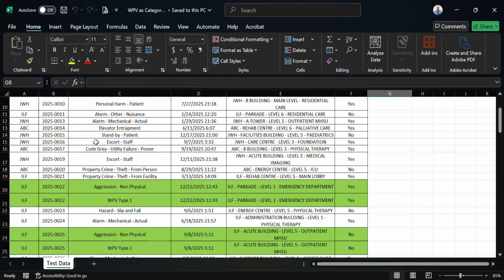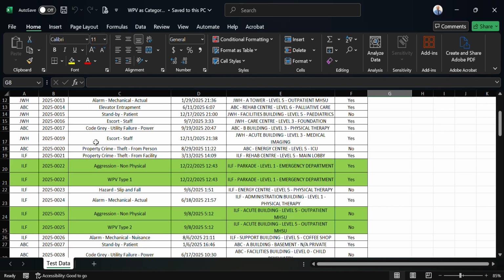And if we scroll down here, I've got a couple of rows that are highlighted in green, and that again is just to reiterate what we're seeing in this data set, which would be similar to your data set if you're watching this video, whereby we've got, for example, the same report number repeated here, with two separate categories. One being the violence category, in this case aggression non-physical, and then the corresponding